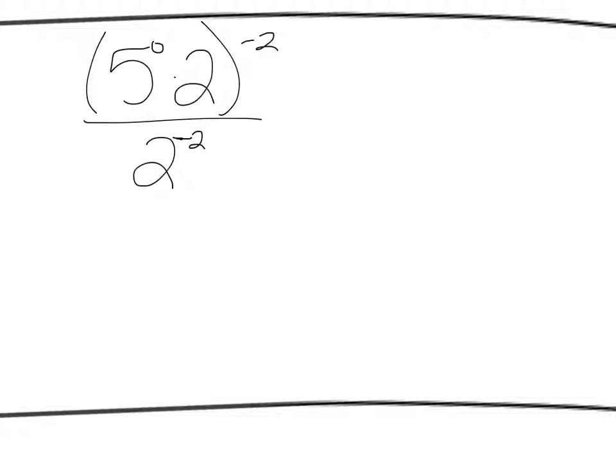Parentheses. It says I need to do parentheses first. So if I look inside that set of parentheses, is there anything I can simplify? The 5 to the 0 power. What is 5 to the 0 power? 1. So now I have 1 times 2. Well, what is 1 times 2? 2. It's just 2. So now I have 2 to the negative second power over 2 to the negative second